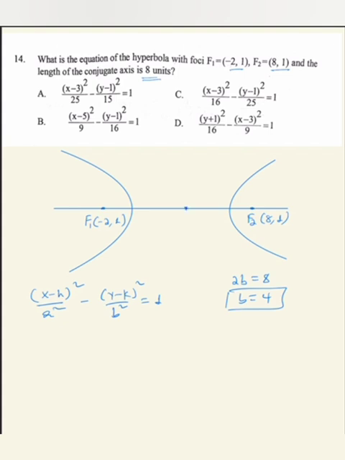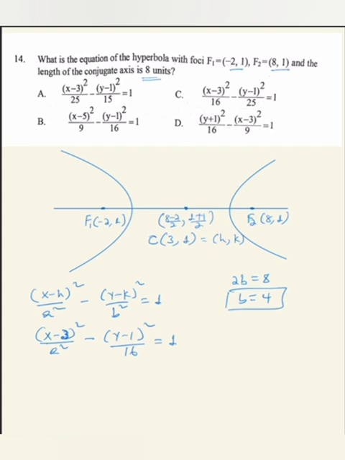a ለማግኘት ሴንተሩን ማግኘት ይቀድማል በመጀመሪያ the center of this hyperbola will be the midpoint of the two foci okay የሁለቱ ፎከሶች midpoint የ8 minus 2 over 2, 1 plus 1 over 2 ይሄ ማለት 6 over 2 which is 3,1 ይሆናል this is the center of the hyperbola ስለዚህ h እና k አገኘን h 3 ነው k 1 ነው ማለት ነው so x minus 3 the whole square over a square minus y minus 1 the whole square over 16 is equal to 1 ይሆናል አሁን a ለማግኘት